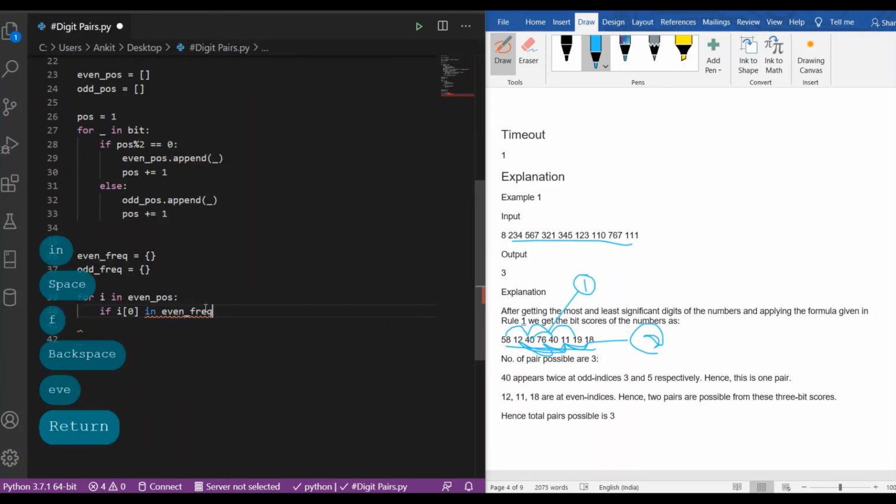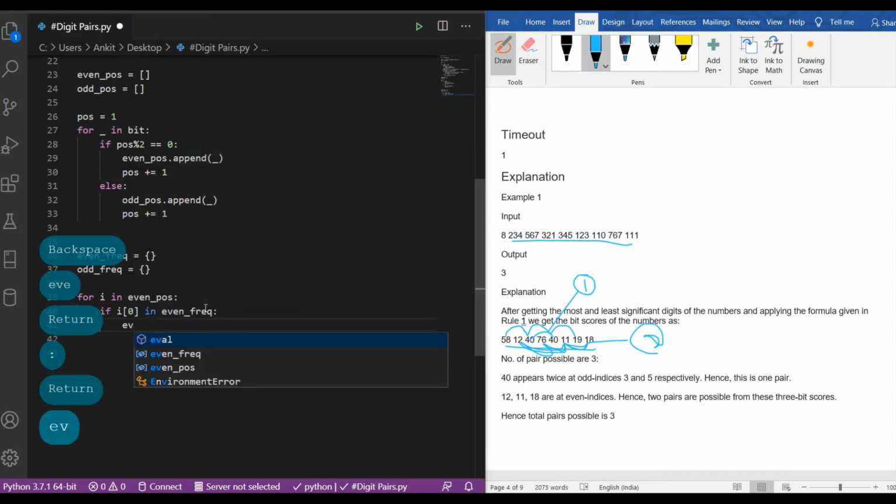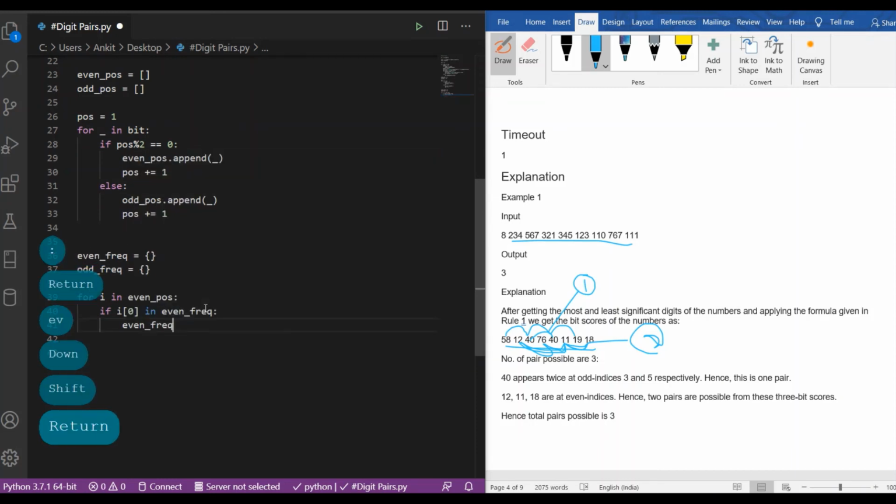If it is in the frequency counter, what we have to do, we have to simply increase its frequency by 1.